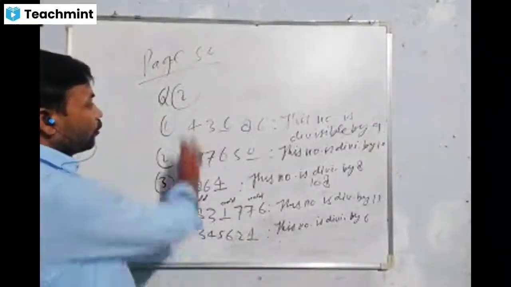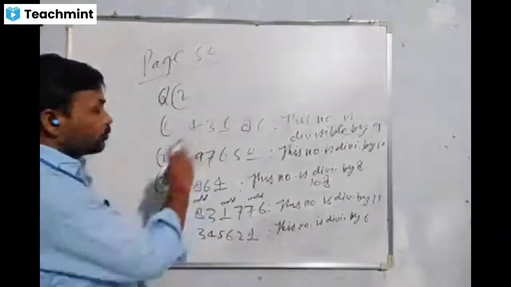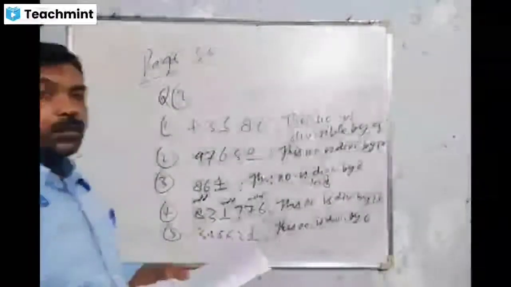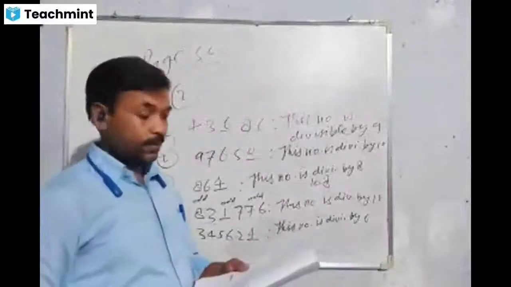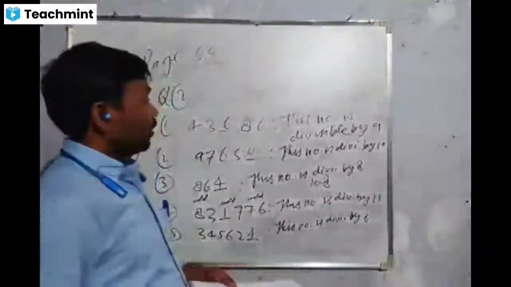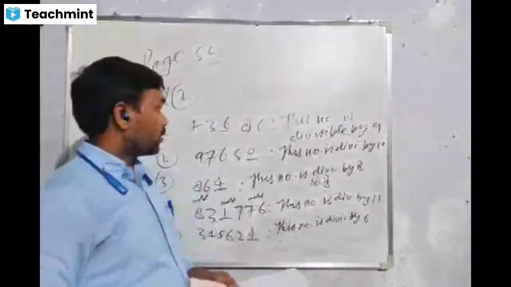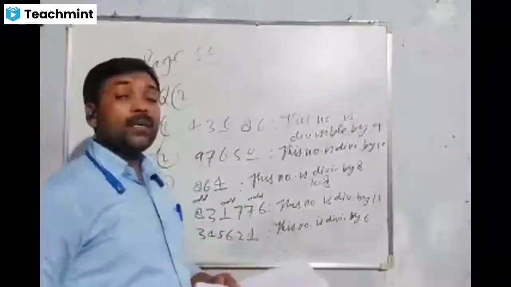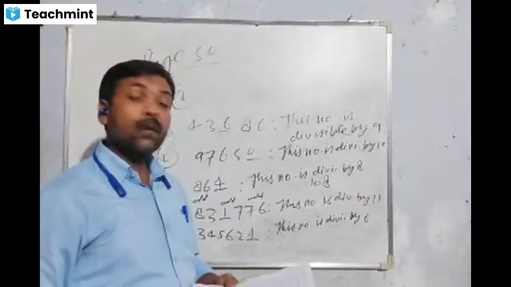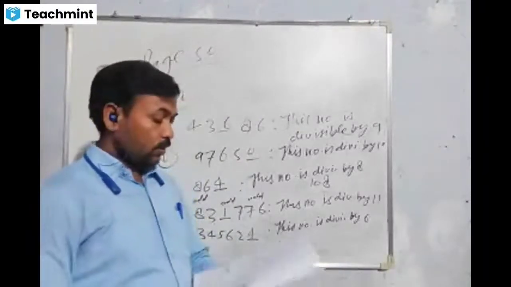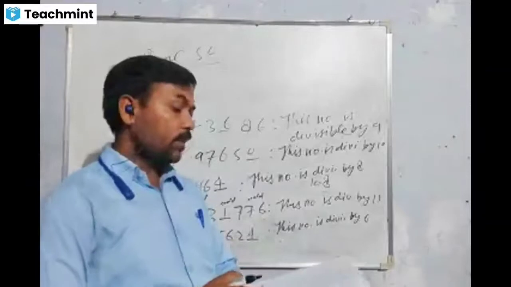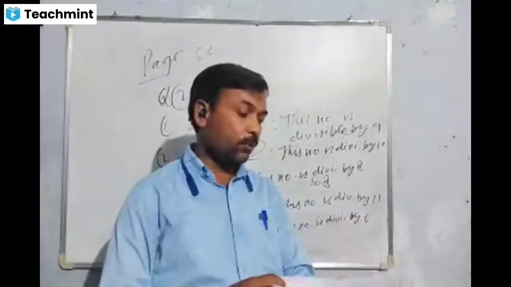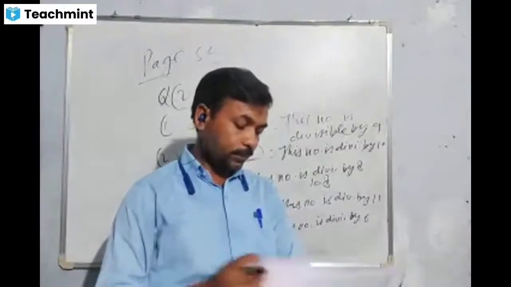So I hope all of you understood which digits should be filled in the given questions. So in this way this chapter is completed. Children, you should do more and more practice to test whether a number is divisible by the given number, because it is very important for the next chapter and for the next classes also. I would like to explain some MCQs that are remaining. So now all of you please open MCQ second.